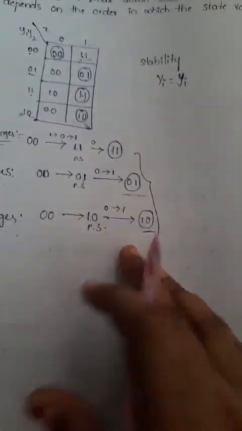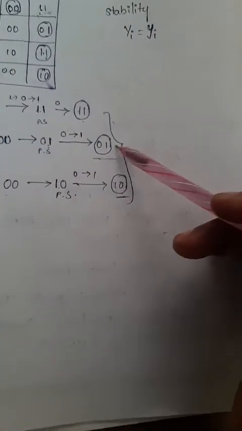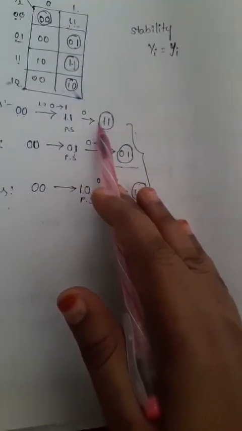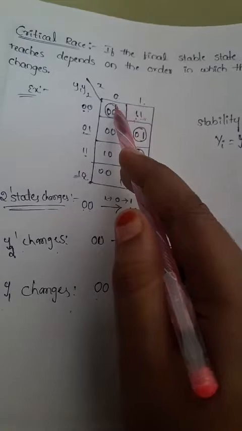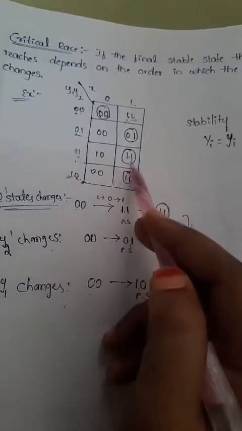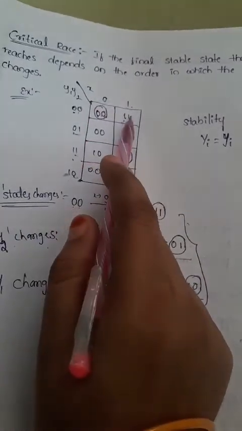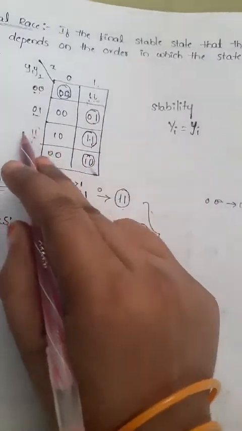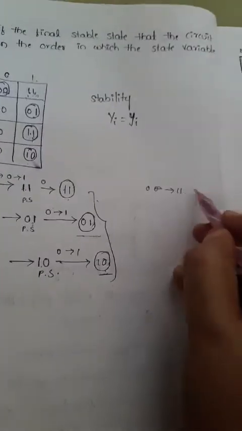So in this system we have a critical race, because the correct order is 0 0 reaching 1 1, but due to some delay it ends up in the wrong state. Just observe here, 0 0 ends up with the first stage 1 1. This 1 1 becomes the present state and directly gives the stable state 1 1. So 0 0 goes to 1 1, and after some time 1 1 acts as the present state and we get 1 1 again, right? Like this, from 0 0 the first stage is 1 1, and after some time it becomes the present state and changes to the stable state 1 1. So this is the correct race, right?